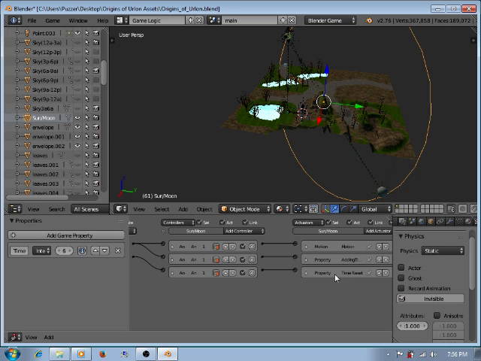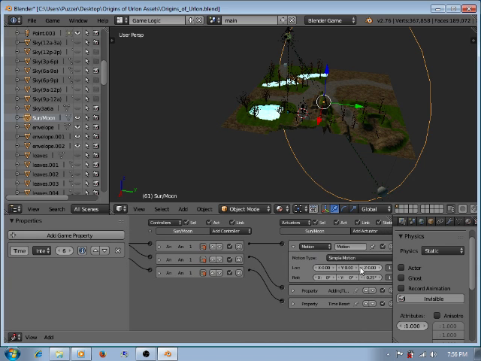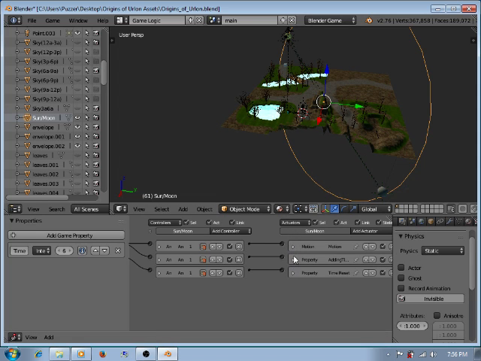Don't worry about this stuff down here. The motion, I have it rotating at 0.25 degrees. That works out pretty well.